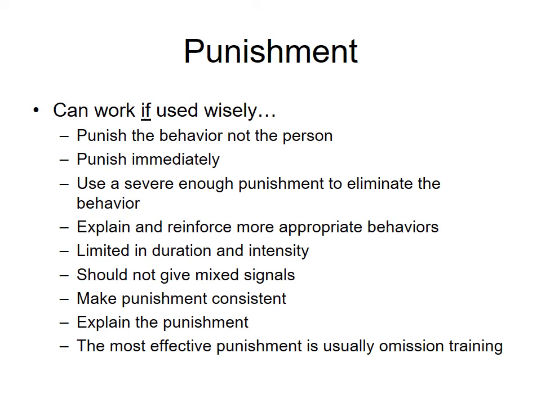Punish immediately. You guys will hear me tell plenty of stories about how when my kids do something, I don't do the wait until your father gets home or wait until there's no one around. I punish in the moment because it's the behavior that needs to be addressed, not the child. Use a severe enough punishment to eliminate the behavior. That means not every behavior needs the same punishment, so you have to pick and choose what punishment is most appropriate. If you overpunish, if you make the punishment so severe that the child will never be able to make it up, or it's too extreme, then they may decide that the bad behavior is something they're just going to have to deal with because the punishment will never go away.